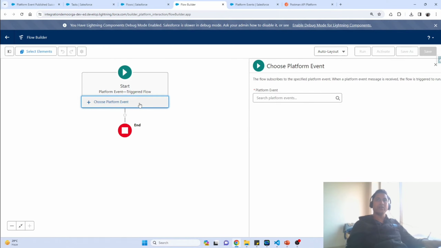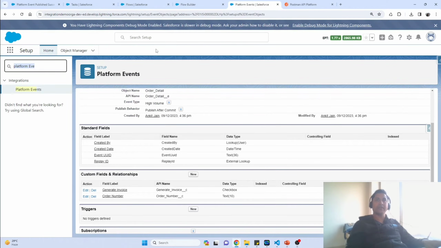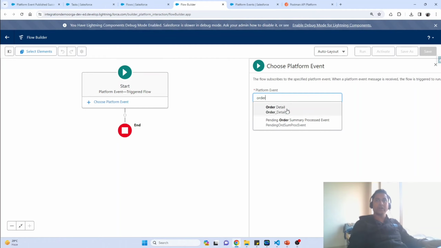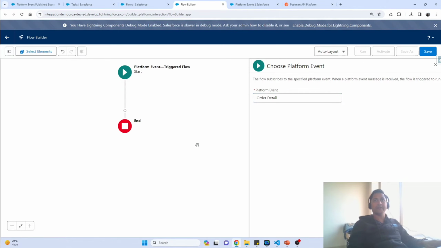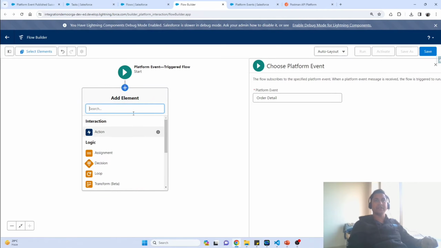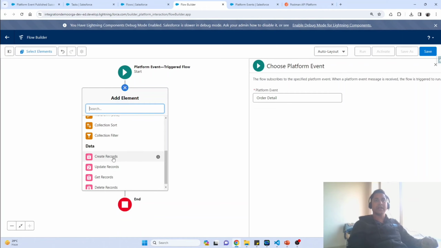Now here you have to select the platform event. As I said, I have the platform event with the name Order Detail. So here I select the Order Detail platform event. Now what I want to do here is, as soon as this event has been received, I want to create the task. So here I am taking the option of create records,